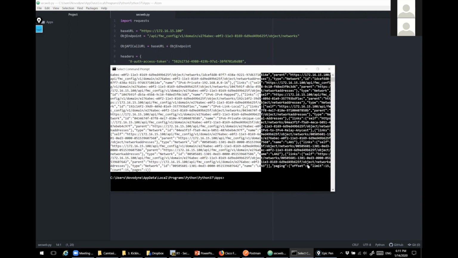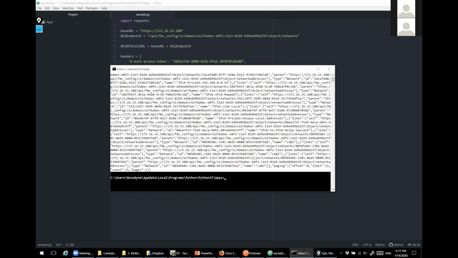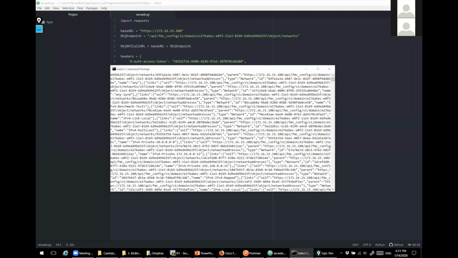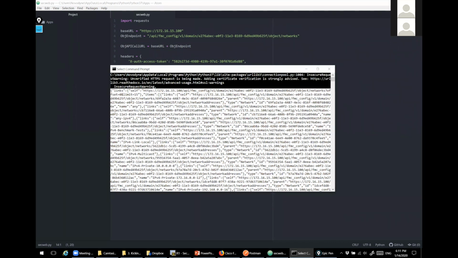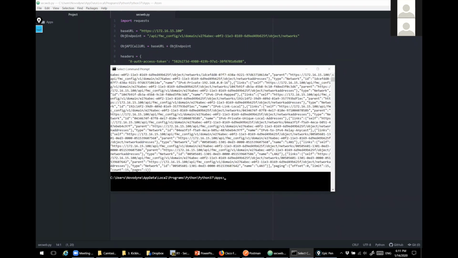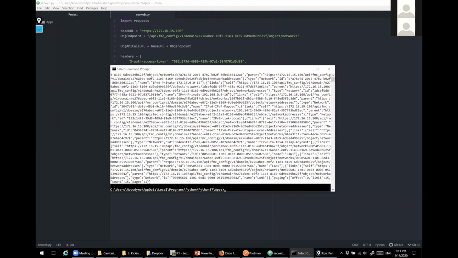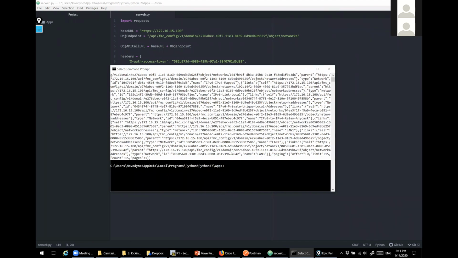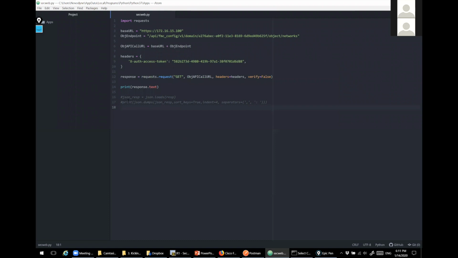The network objects configured on my FMC. But as you can see, this output doesn't look nice. This happens because it's a single line string of characters, which is not formatted. Technically it is structured data, it's JSON, but it's not formatted to look nice on the output. And that's the only reason why I copied the additional lines from the script